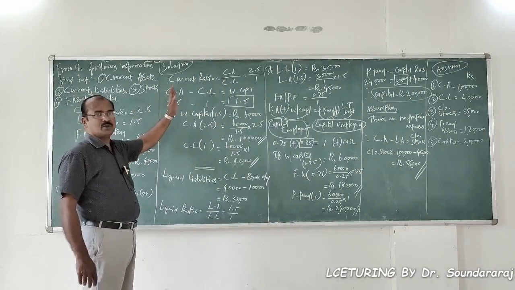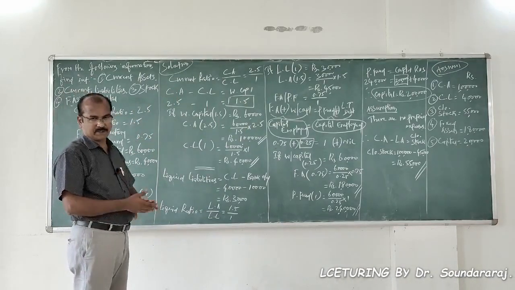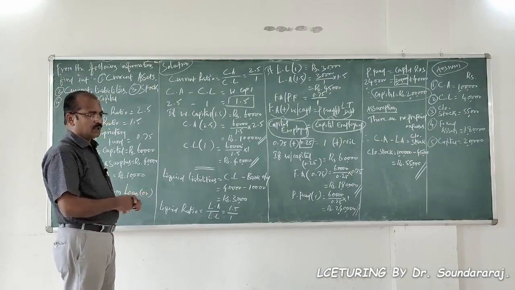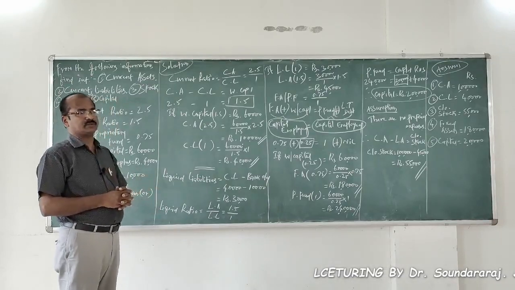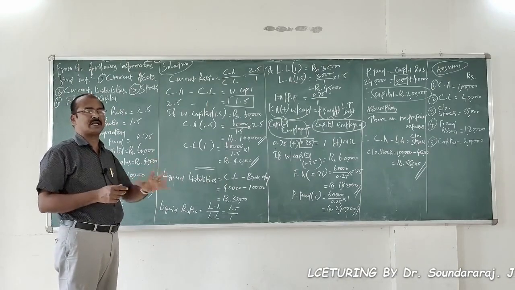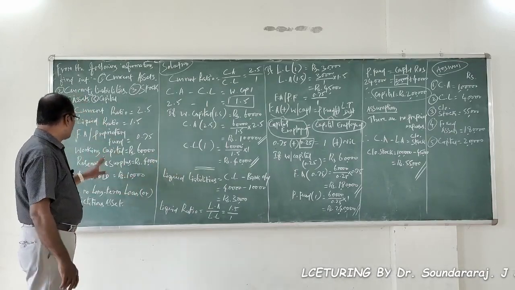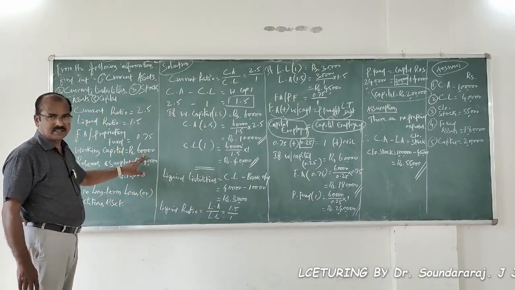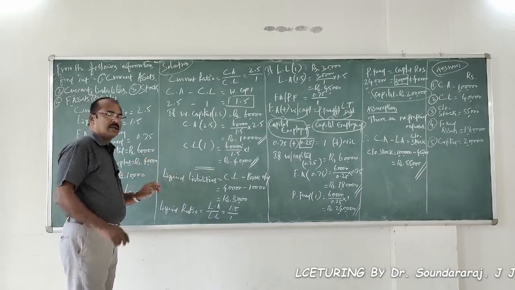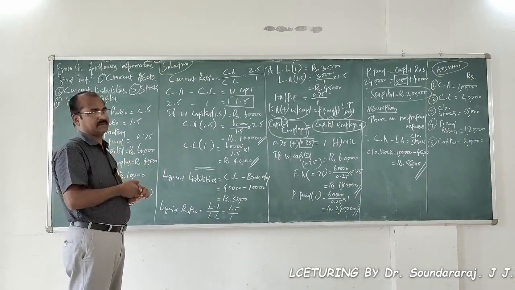Now let's get into the solution. Let's start with current ratio. Why should I start with the current ratio? What is the rationality behind choosing current ratio as a starting point for the solution? We are informed about the value of working capital. It is 60,000 rupees. There is a connection between current ratio and working capital.